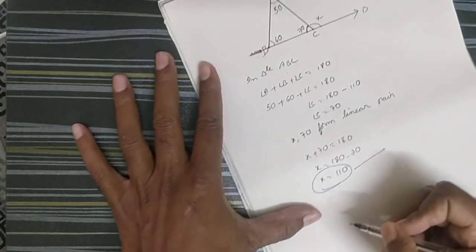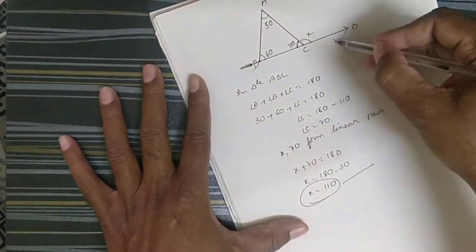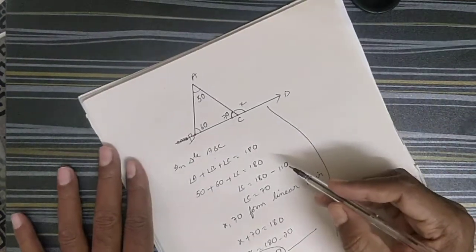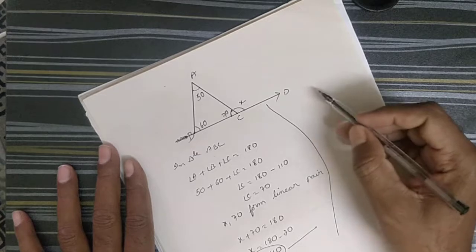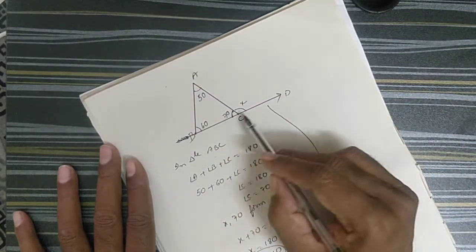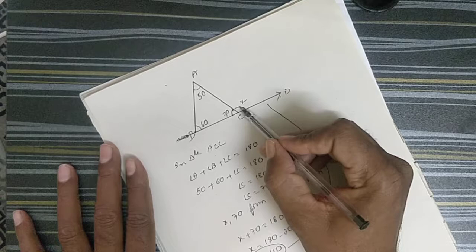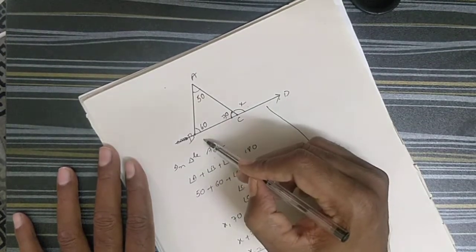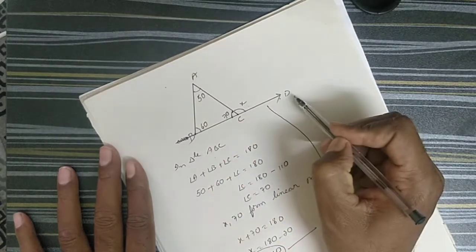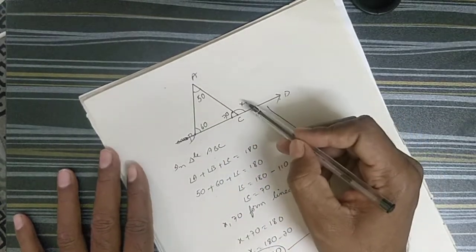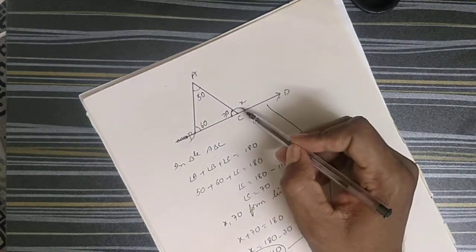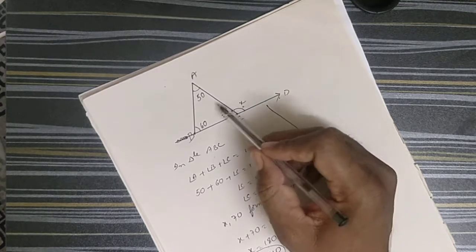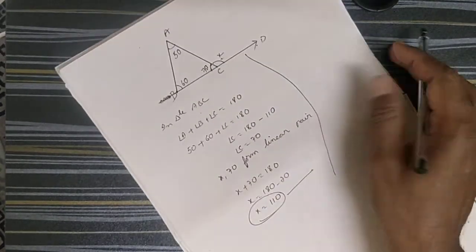It is one method. Now how can you do it simply? You have one rule. The rule is: in any triangle, if one side is produced, an exterior angle will be formed. ABC is a triangle, BC is one side, and you produced BC to D. So the exterior angle is formed. We know that the exterior angle is equal to the sum of its interior opposite angles. So that rule I am writing here.